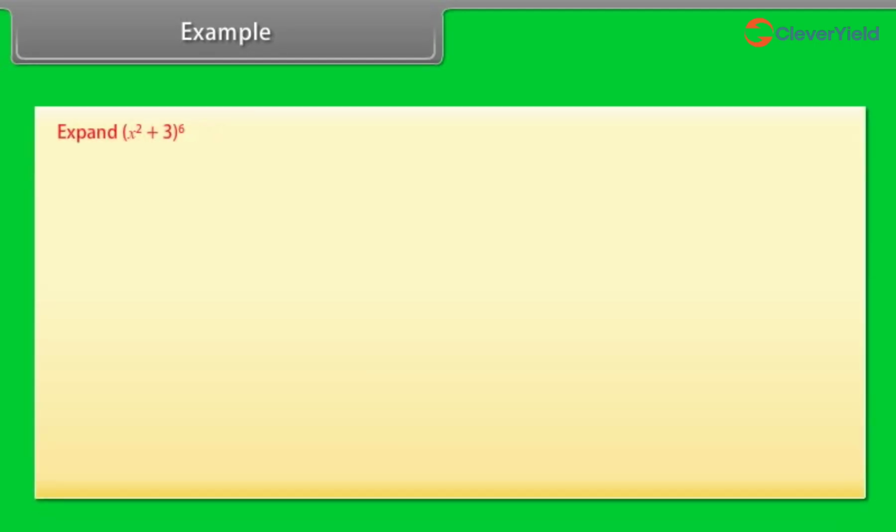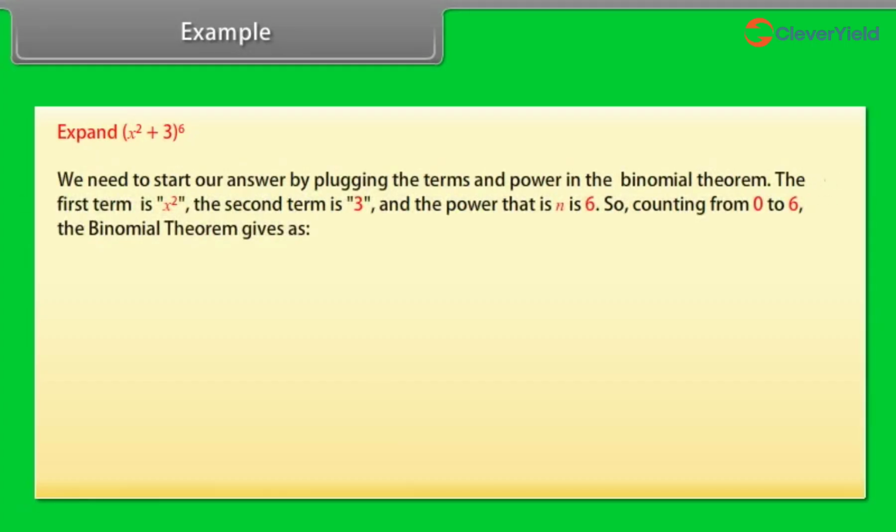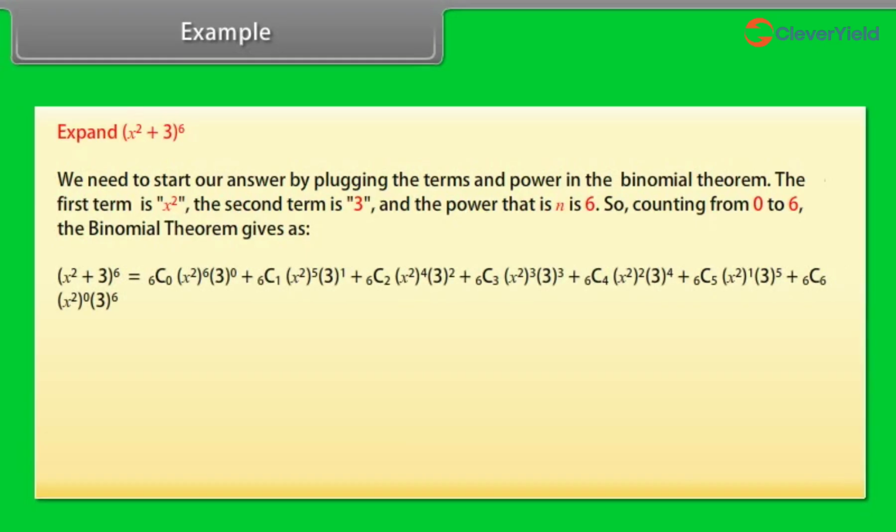Example: expand (x² + 3) raised to power 6. We need to start our answer by plugging the terms and power into the binomial theorem. The first term is x², the second term is 3, and the power, that is n, is 6. So, counting from 0 to 6, the binomial theorem gives (x² + 3) to the power 6 is equal